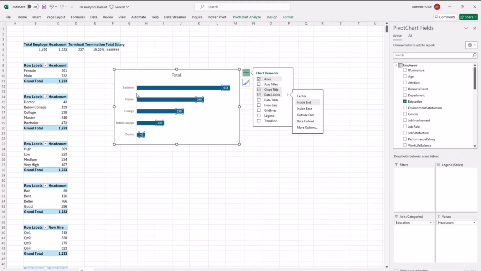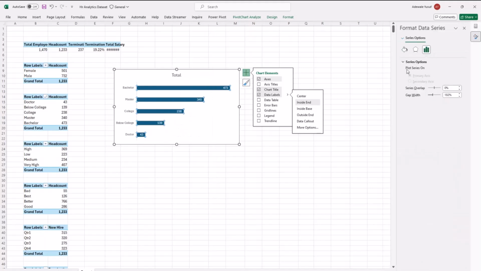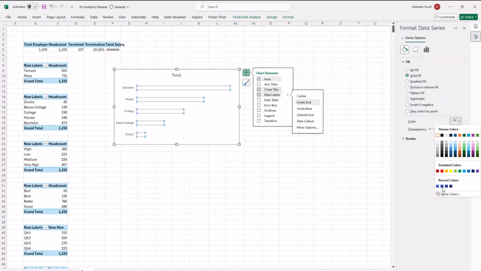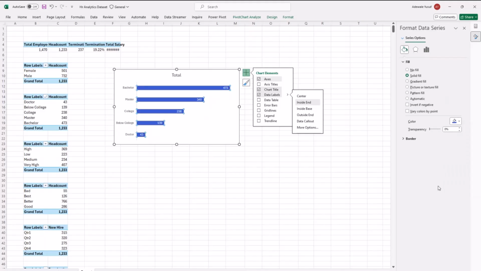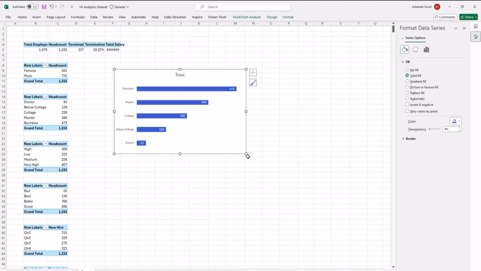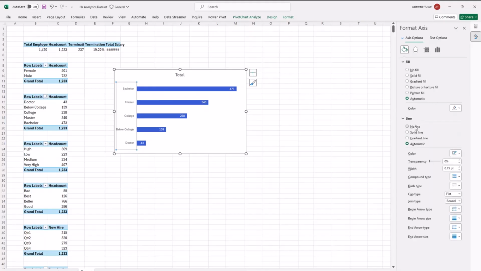So this line chart that I have here, I don't want any line for this. To do that, I select the bars and say format data series. That way other options will appear here. You go to this fill and line option, you come to fill, you use the solid fill, and this time you use any of your colors, but I think I prefer this blue, this one. Then also this line here, you just go to line and say no line. That way it's not showing any line here, and this makes sense.